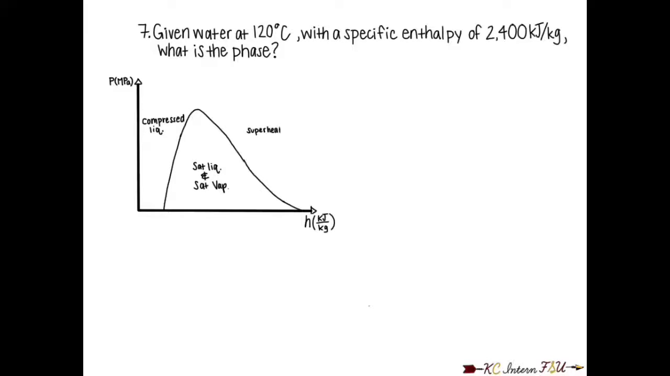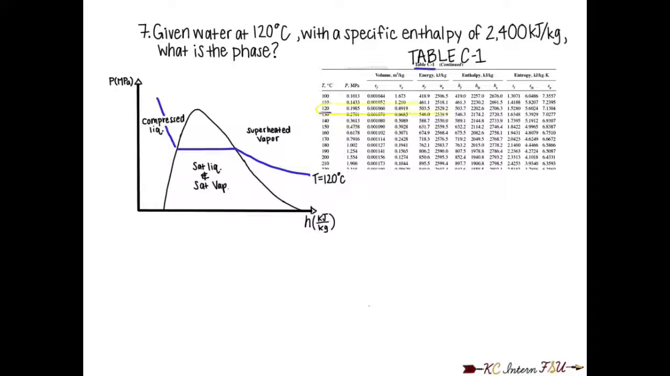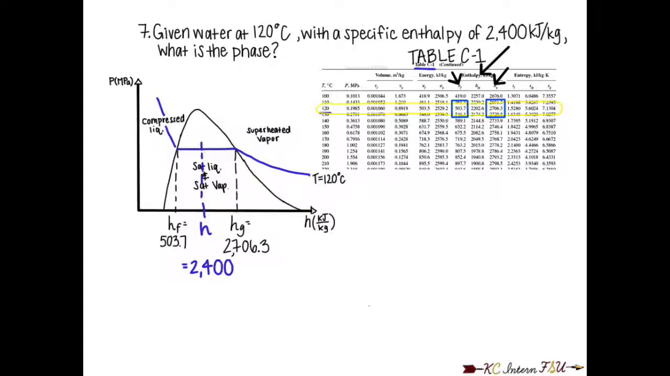We then draw our constant temperature slice, which is 120 degrees Celsius. Using table C1, we can locate HF and HG for water at a temperature of 120 degrees Celsius, HF being 503.7 kilojoules over kilogram and HG being 2,706.3 kilojoules over kilogram. Plotting our enthalpy value of 2,400 kilojoules over kilogram, which is between HF and HG, we